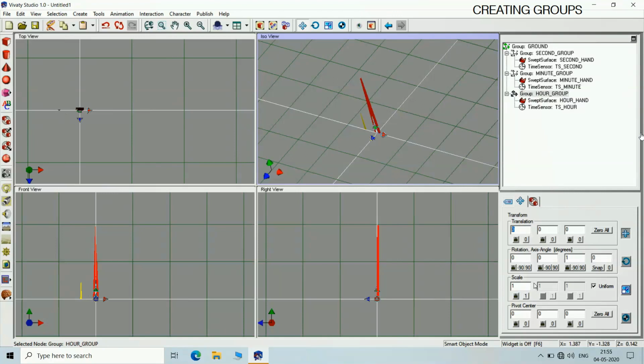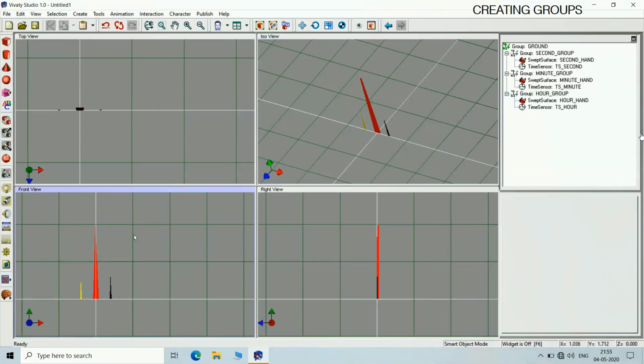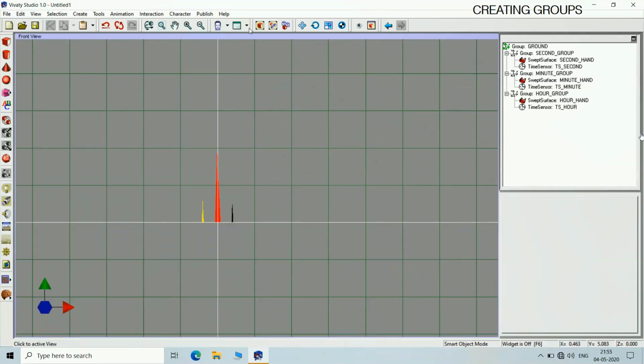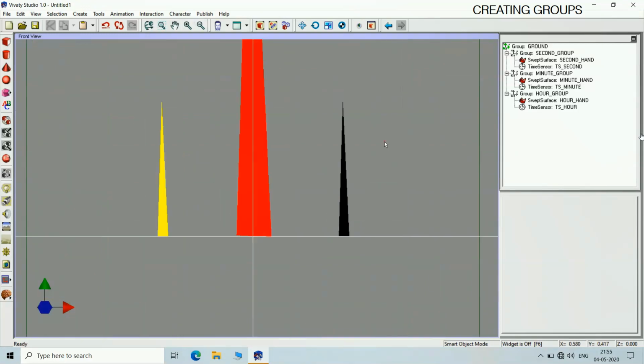Here shift it by +0.4. So in this particular step we have created the groups and shifted them to the appropriate position.